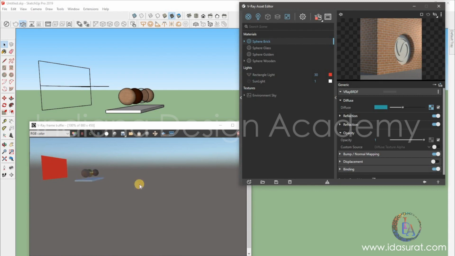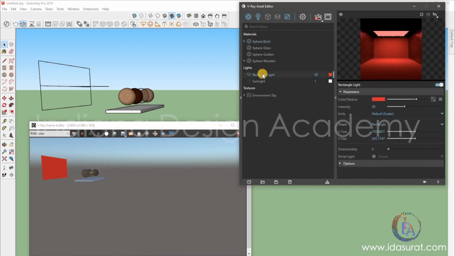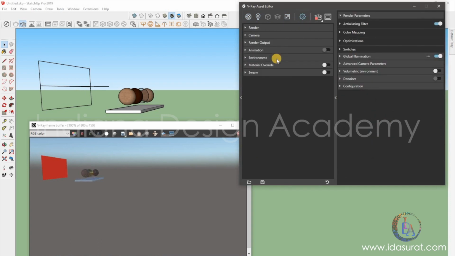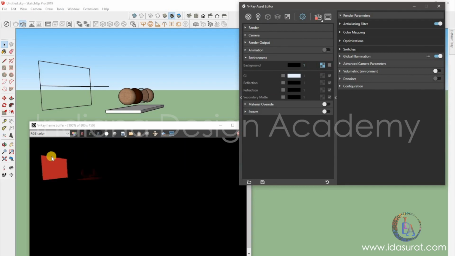I want to have a pitch black one so that I can clearly see the effect of this. So what I do, I'll go to rectangle light. First I will go to settings. Sorry, in settings I will go to environment. In environment I have background. I have a tick over here. When I untick this, now you see the change on the left, how it looks. Now it gives me a feeling of a studio, a pitch black studio. So you need to do the settings for the background and the sunlight to feel the effect of this light